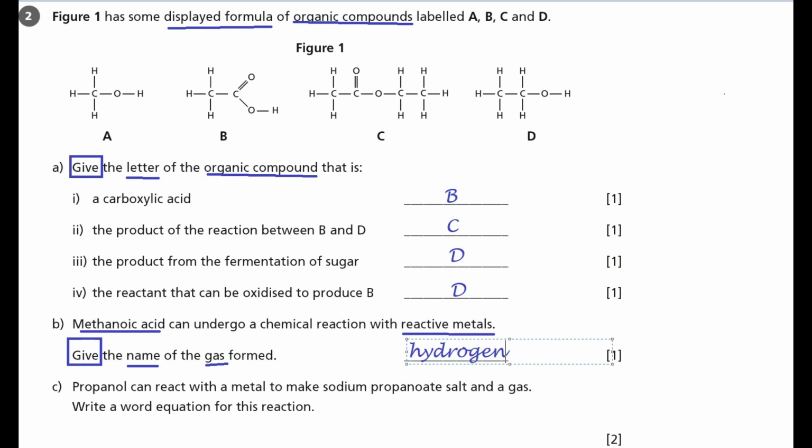So, what's the command word? The command word is write. And what other information has the examiner given us? They've told us that propanol, so that's the reactant, will react with a metal, and those are the two reactants there, and they're going to make the product, which is a sodium propanoate salt and a gas, and they want us to write a word equation. So we know that the reactants are going to be propanol